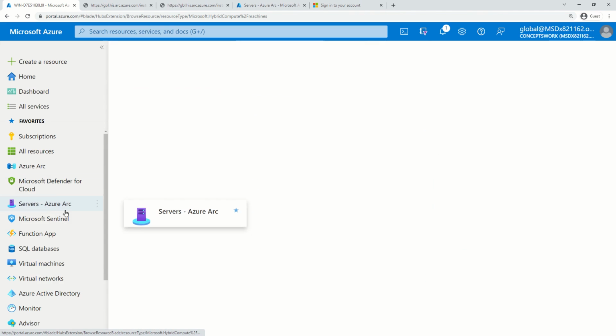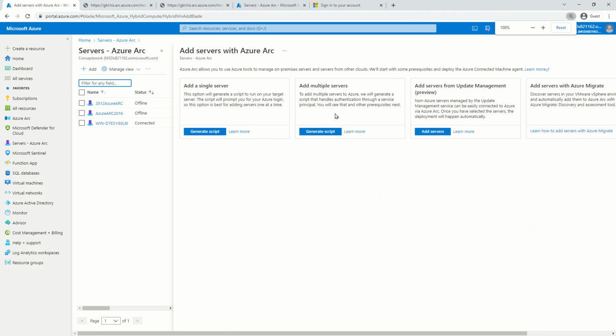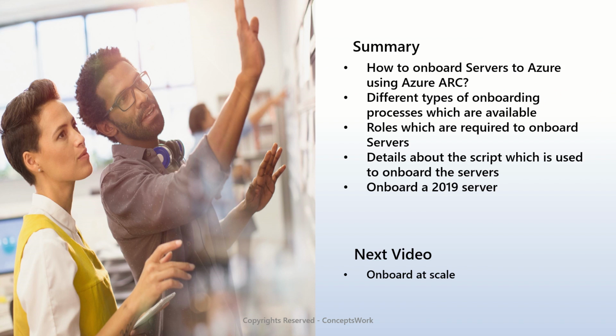That means if I go here and click on add, this is the option that we are going to cover in the next video. And after that, we'll see end-to-end details about different kinds of processes, folders, event logs, everything that typically gets generated for this kind of deployment when a machine is trying to get registered to Azure ARC. Okay, so this was all about knowing how the onboarding process works manually. So let's talk about a quick summary of what we have discussed. We have discussed the different types of processes which are available to get the machine onboarded, what are the roles which are required, details about the script, and I've just shown you how to onboard a 2019 server